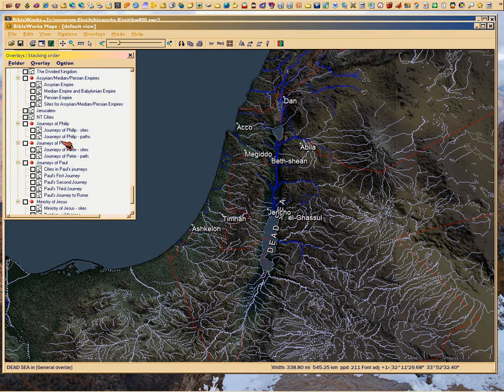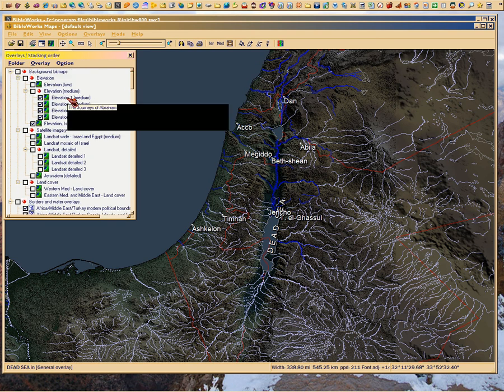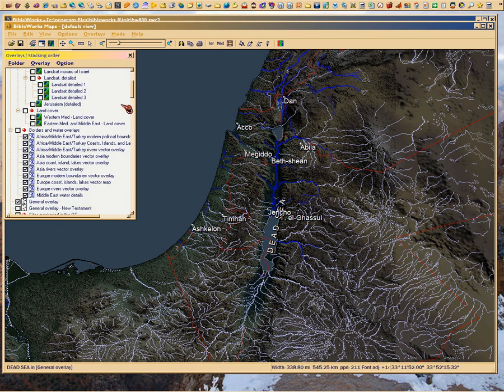If you're going to use a red line map, I suggest that you block out all of this. Just unclick all these and only click this one, borders and water overlays. What you'll get is a white screen that looks like a pencil sketch, and all those squiggly white lines are going to turn to periwinkle, and then the red lines for the journeys and everything like that will show up better. Alright, so for most of the time you're going to want just this box checked, and all the boxes